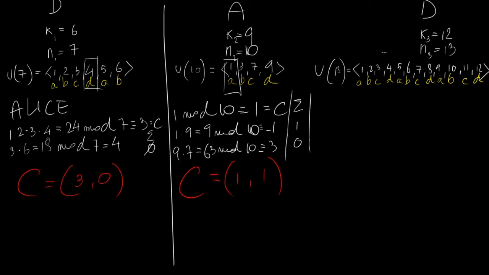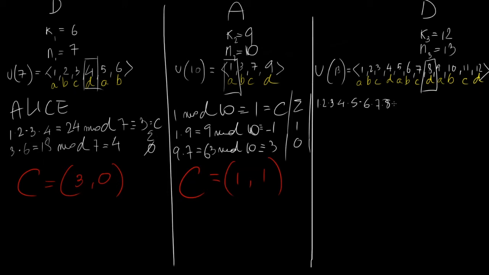Let me try to draw another line. Okay, now for this one, we have to encrypt the letter D, so let's take this one over here. Alice will do 1 times 2 times 3 times 4 times 5. Okay, let me write it down. It's actually 8 factorial over times 4 times 5 times 6